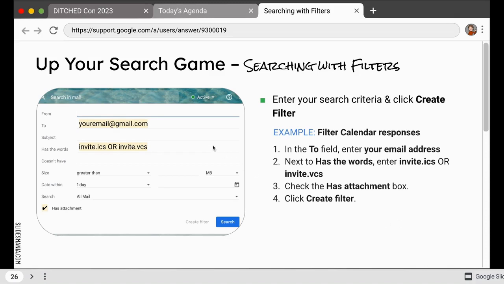In the advanced search, you're going to put your own email in the to field. In the has the words, you're going to write invite.ics or invite.vcs. So these are just two different types of calendar invites. The or tells the search to look for either one. We want to be sure we check the has attachment box, and then we can go ahead and click create